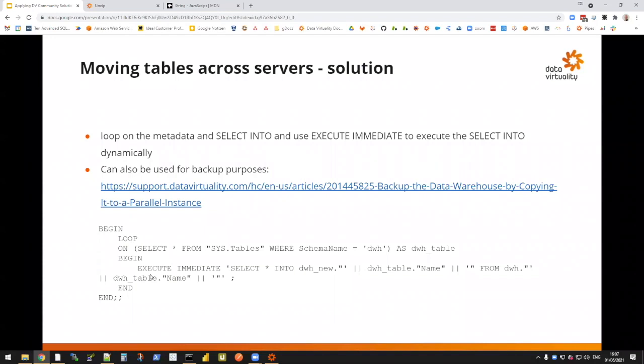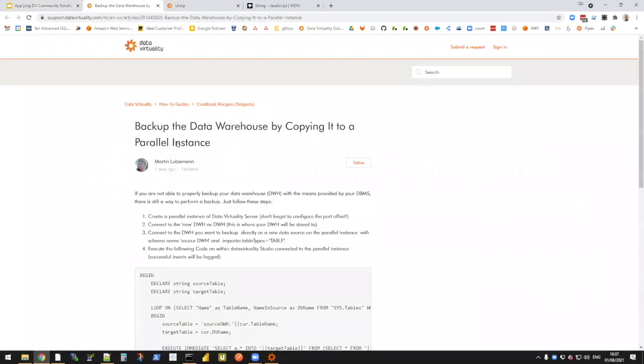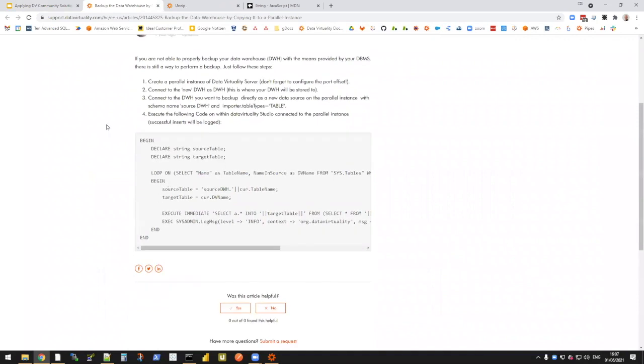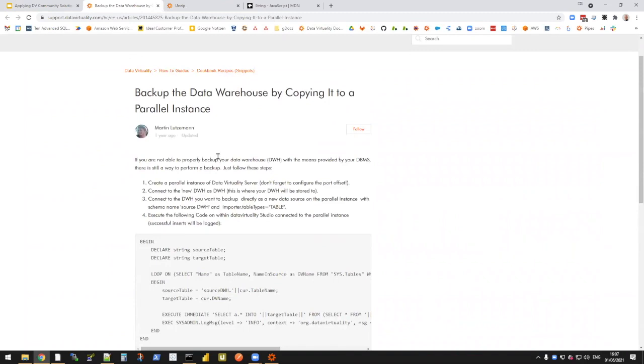When someone is asking, we want to move to a new analytical storage, can you help us copying the tables? We have a kind of similar solution here, but this is rather for backing up. So you can also use this to create backups of your analytical storage tables. If you, for some reason, don't want to use the backup functions of the data source itself, or it's